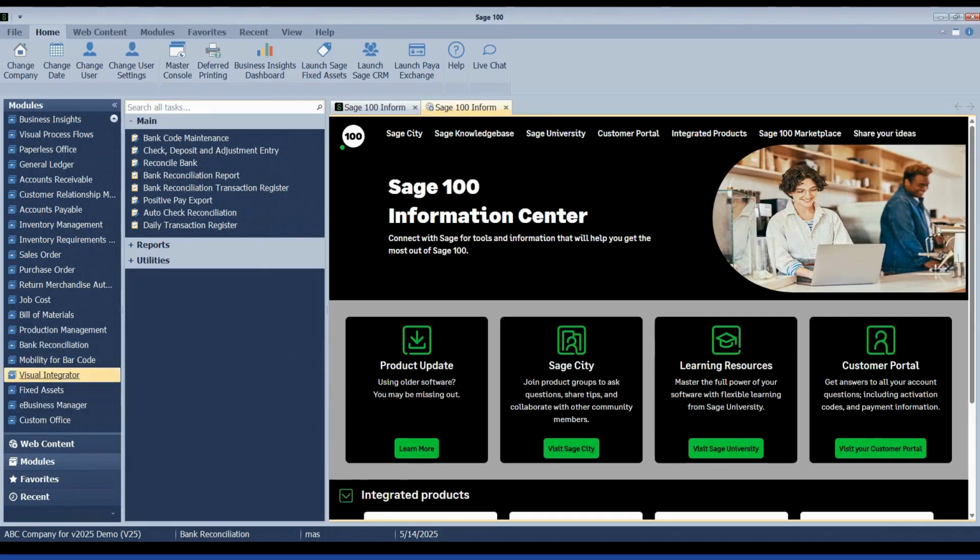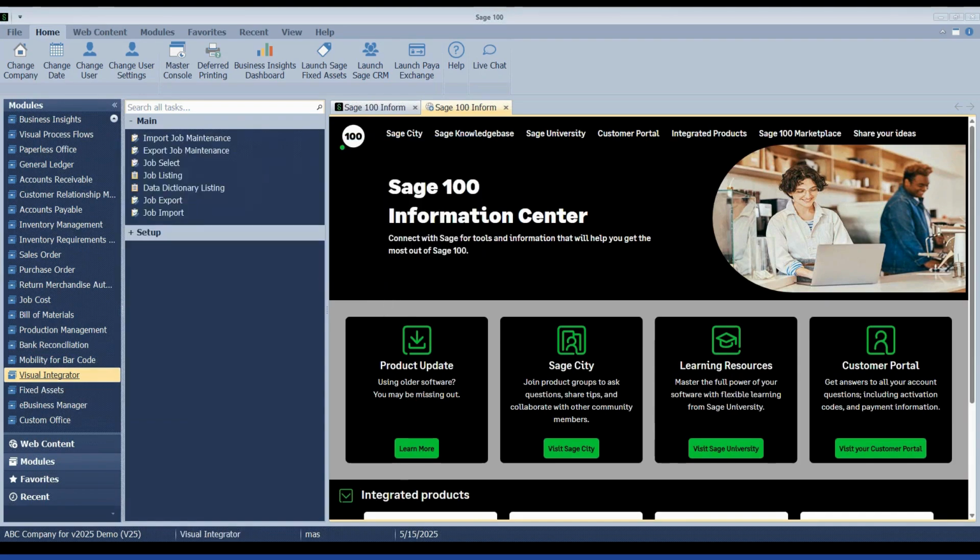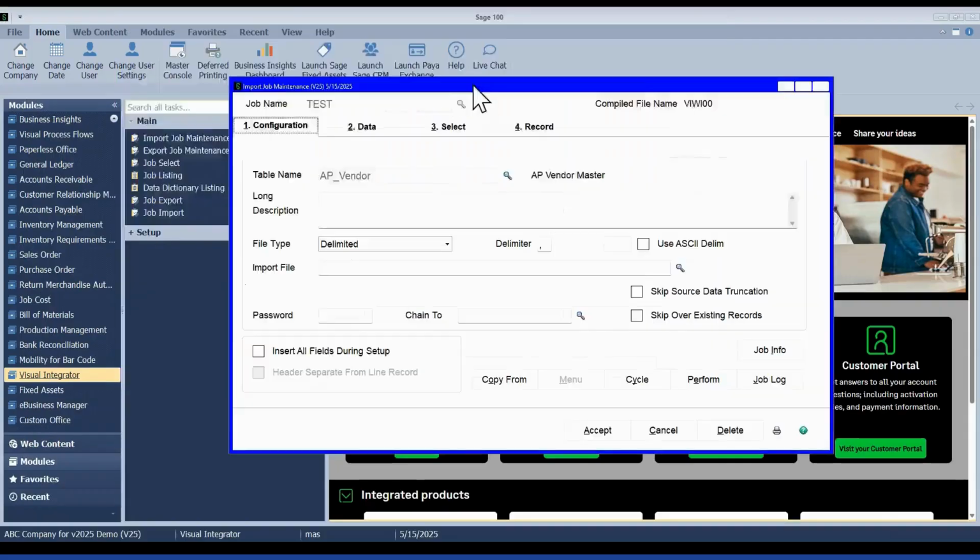Last little change, I don't know how many folks this will apply to, but if anyone watching does their own import jobs and has ever made use of the temp fields that are part of that feature, let me get in here. I think my screen just needs a little moment to load up.